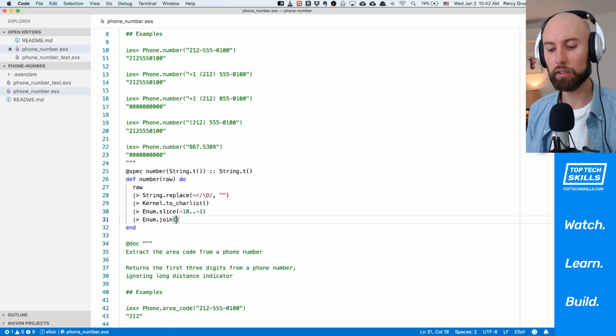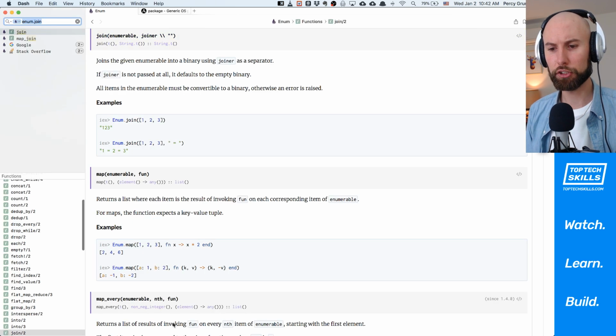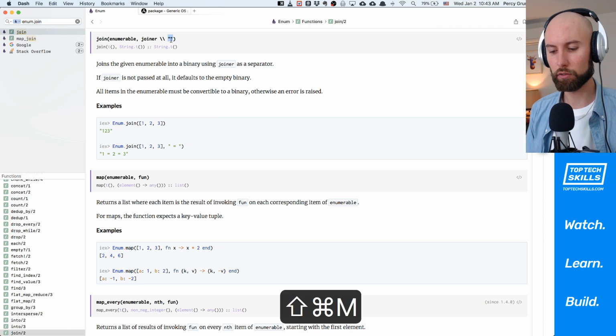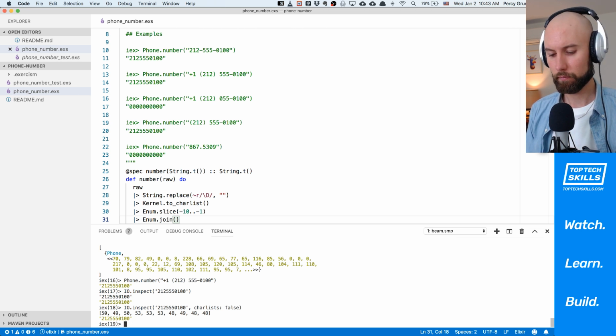If we want to turn a list into a string, we use Enum.join. I'm going to pull up Enum.join in Dash just to check that the default joiner is an empty string. So that's fine, that means there won't be any spaces. I'll give you an example back in VS Code in IEx. If we take 1, 2, 3, 4, and pass that to Enum.join without any arguments,